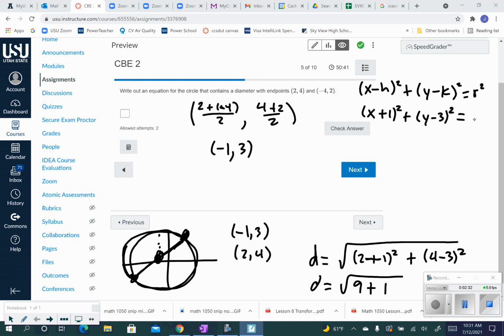That's what r equals. So r squared, the square root of 10 squared, is just 10. So the equation ends up being,